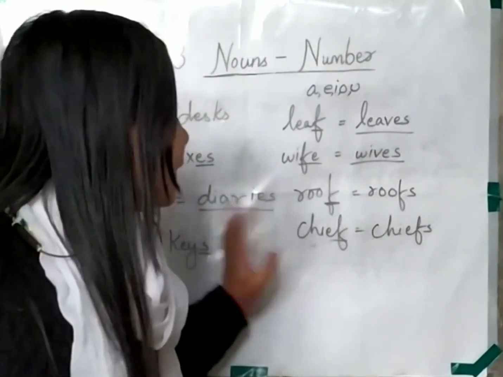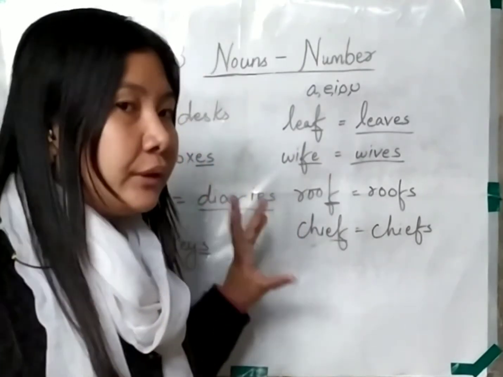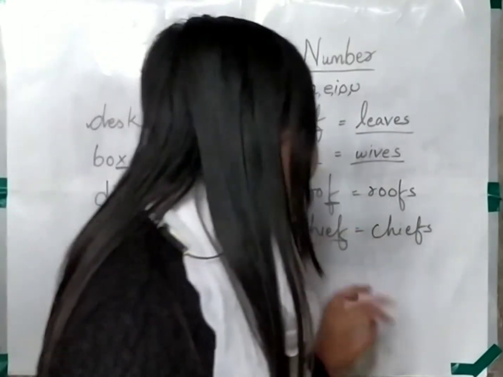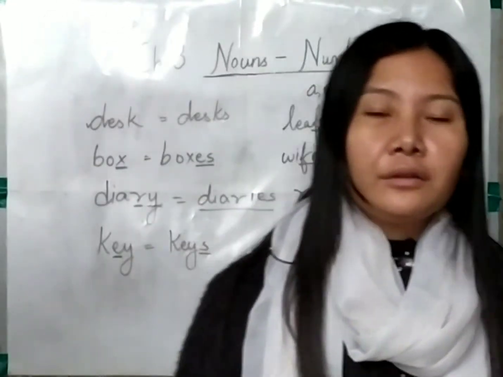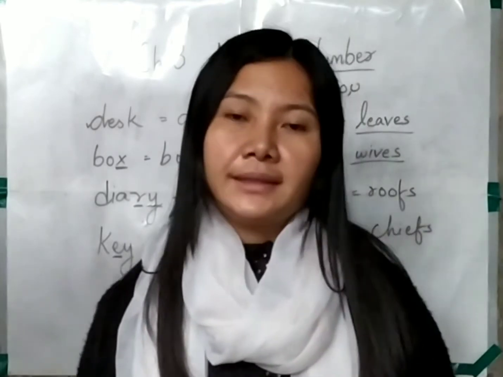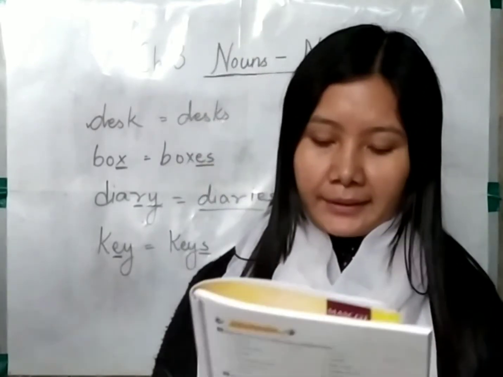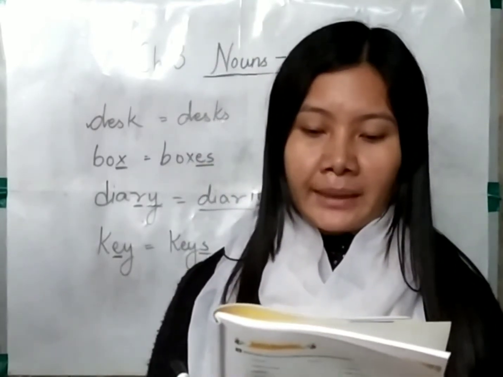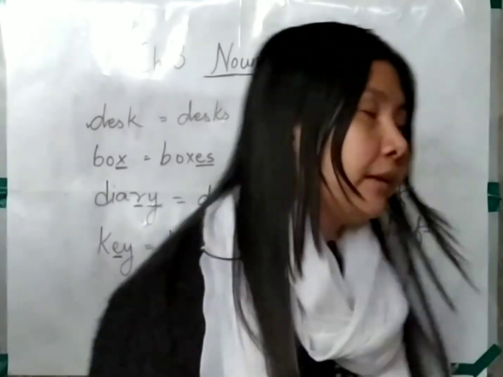So in some cases, if the word that is a singular noun is ending in F, then in such a case what will we do? We will not be removing that F and writing VS. Instead we will be adding S behind it. And over here you can see some more examples, like in the word cliff, C-L-I-F-F, cliff.